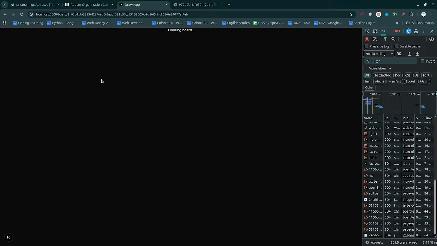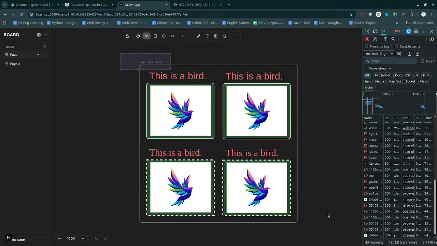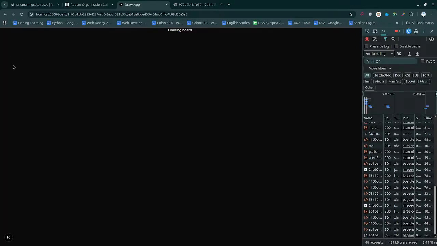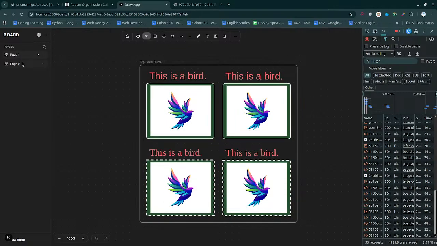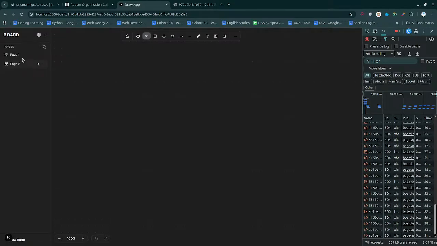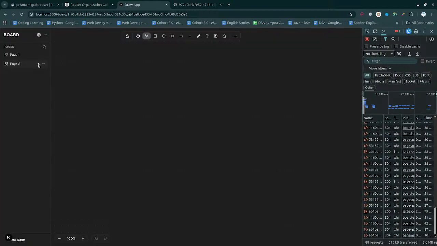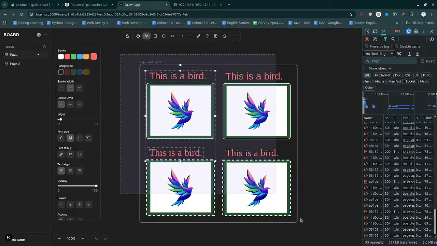In that case, let me come back here. As for this loading stuff, I don't want to reload the whole page, right? I want to reload probably just this part. So we will work on that, but as for right now, let me just copy it